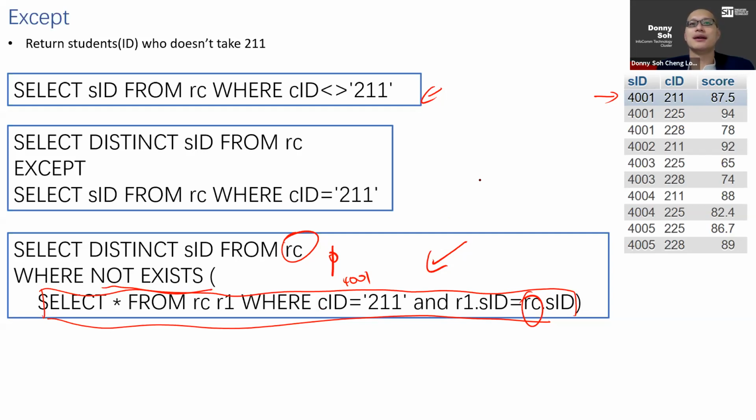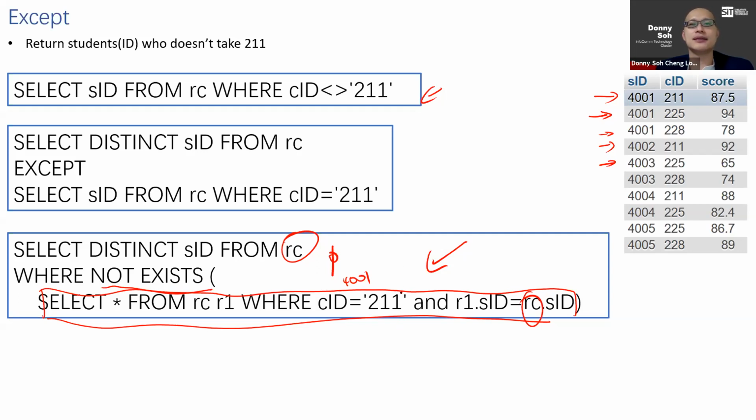And same thing, if I go into this next row, it will not return me anything because the CID is not 211. So this will also be a 401, and this will return me an empty set as well. So for these two, both will be the same condition, but at 403, what is going to happen is